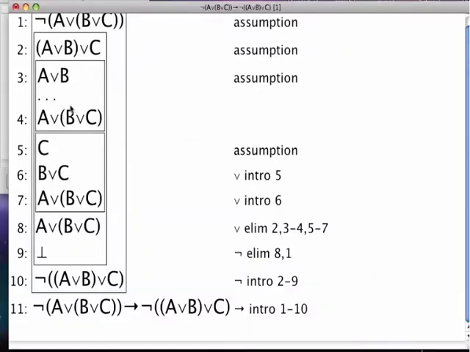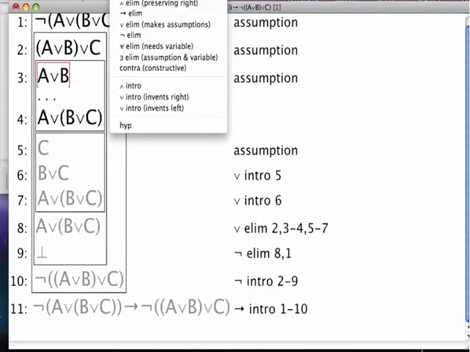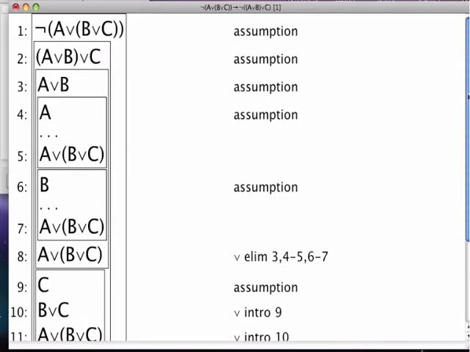So now we have to justify this, and this is kind of clear. Again, you can see if we know A or B, we definitely know A or B or C, but because of the bracket we again need to use the specific rules we have. We don't have a rule that just allows us to go from here to here in one go, but we just do an OR elimination and split it again into two cases. So now we have two cases. One case where we have A and are going for this target, and the other case where we have B and go for the same target.